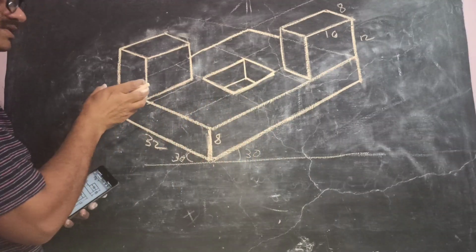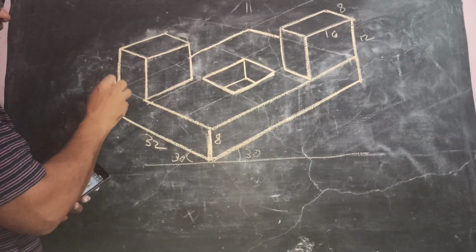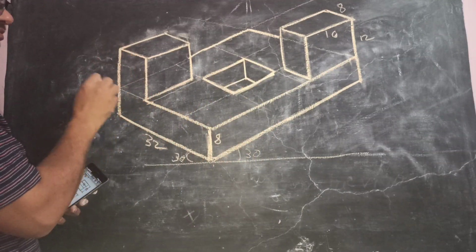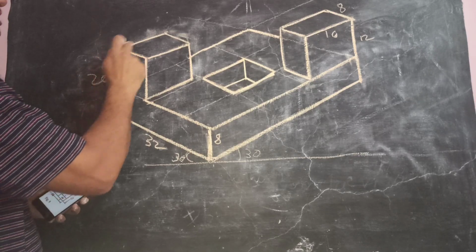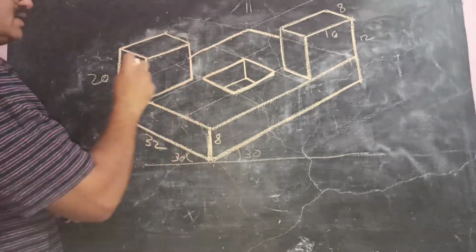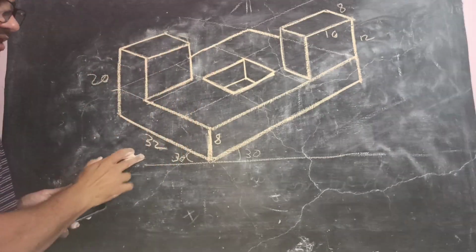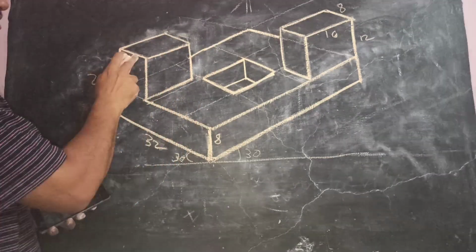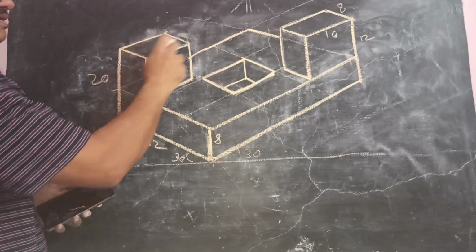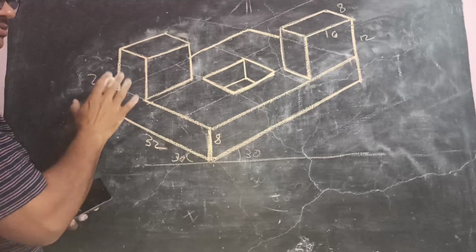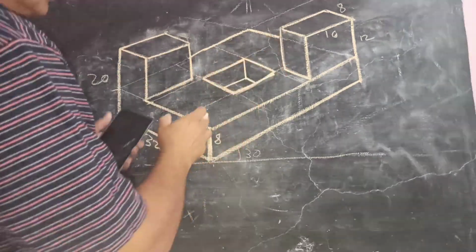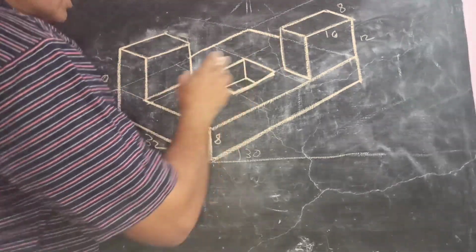Exactly, you can locate this second pillar in this corner. Extend this by again 12 because this total is 20. This is 8, so 12. Then this is 16, the length. Then width is 8. Width you can get it from this side. 8. This is also 8. Complete this. Bring it down. Complete this pillar. So once you locate these two pillars, we are left with the rectangular hole.